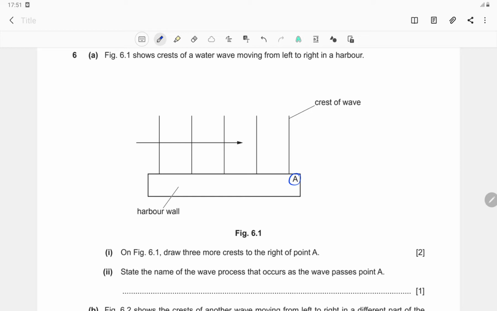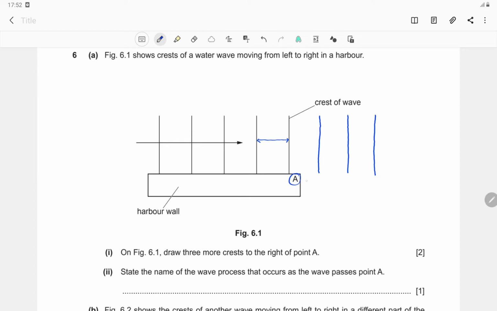So, you need to draw 3 more crests and you can see these straight lines are the crests. The next 3 crests will be at equidistance away. So, you need to measure this length using a ruler, and at the same distance away you have to draw straight lines. As it's mentioned 3, you should draw 3 straight parallel lines, and the distance between these crests, that is nothing but the wavelength, should be same as the previous distance.